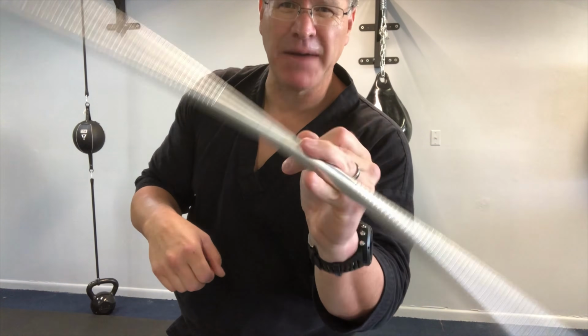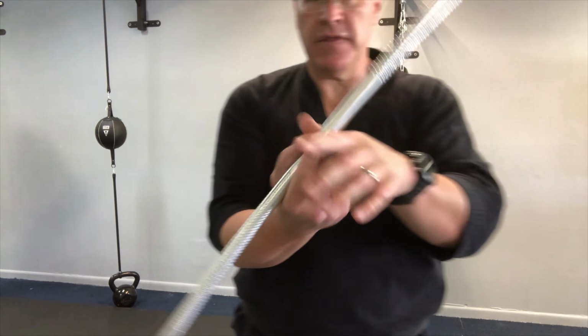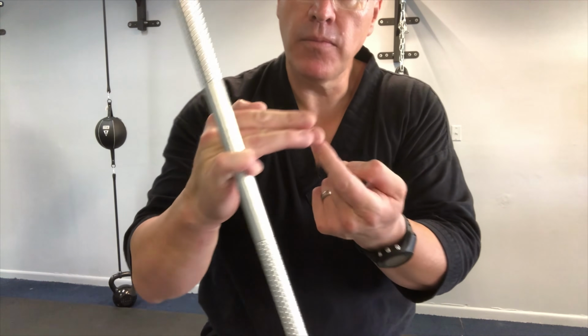Maybe your style is Hapkido. Here, you spin it around, back of the finger, and then the other hand, I'll just show you so you can get started. 1, 2, 3. Those 3 fingers